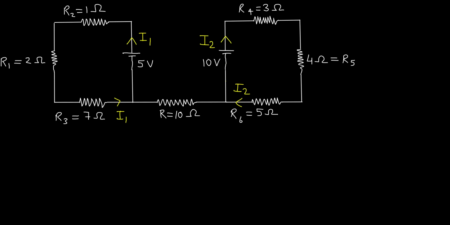So that again cannot happen, because again whatever current the 10 volt cell has given from its positive terminal, all of that should go back to its negative terminal. So whole I2 should go back to the negative terminal here, and whole I1 should go to the negative terminal here. So we see that neither of I1 nor of I2, any part of these currents has gone into the R equal to 10 ohm resistance. So there will be no current in R equal to 10 ohm, or you can say that current in the 10 ohm will be I equal to 0.